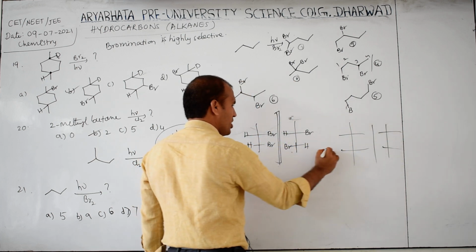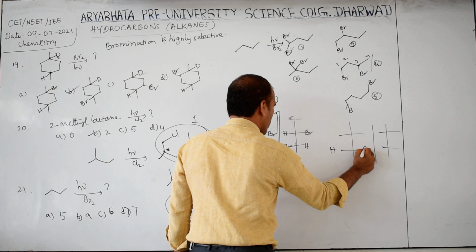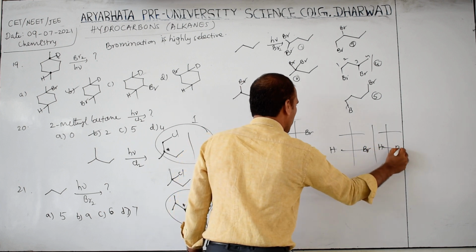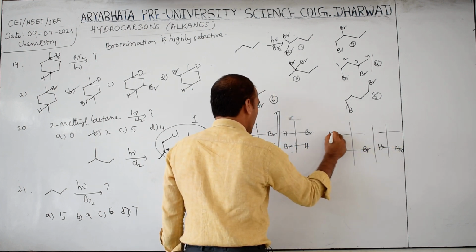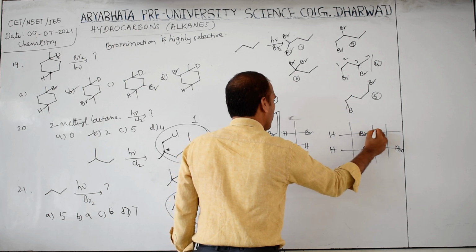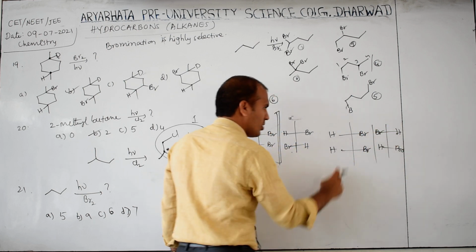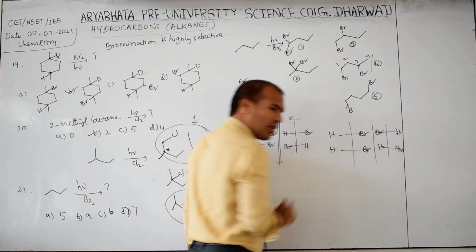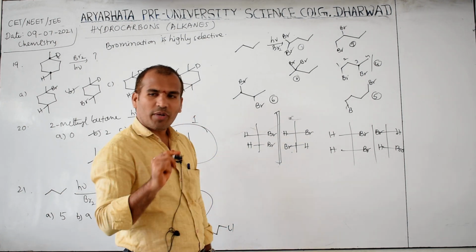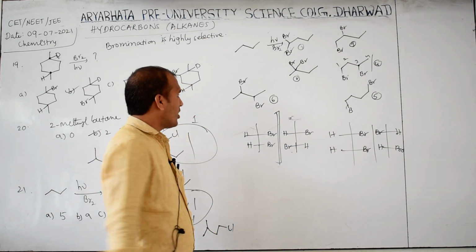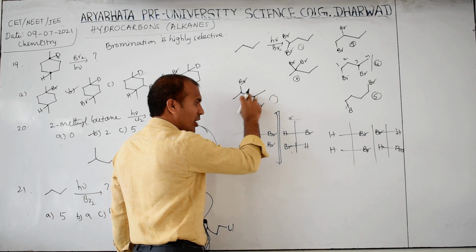Now this part we can change. H, Br, H, Br. Here H, Br, Br, H. Now these are mirror image part, but this is not mirror image part. So how many diastereomers possible? 2. Now in this sixth, this is only I wrote in this form.